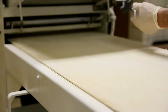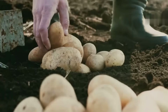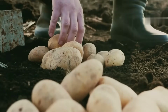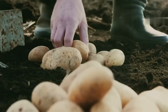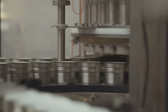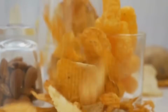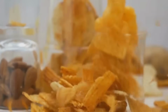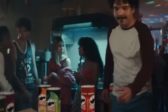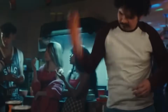In addition to maintaining high production standards, Pringles manufacturers are constantly exploring ways to improve sustainability and reduce waste. The company has implemented initiatives to minimize environmental impact, such as optimizing energy usage in production plants, recycling excess packaging materials, and reducing food waste by repurposing rejected chips and excess dough. In some regions, Pringles packaging has been redesigned to use more eco-friendly materials, with ongoing efforts to further enhance the